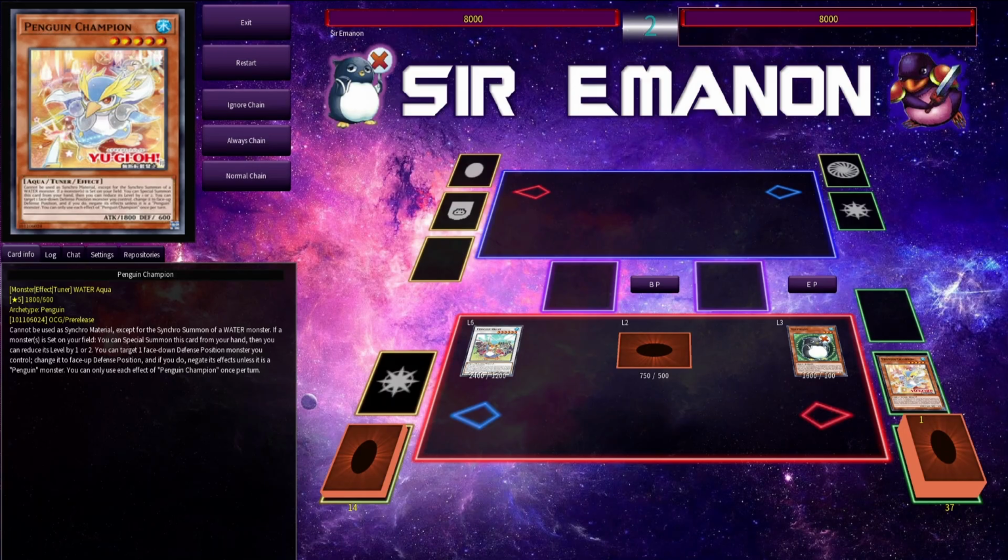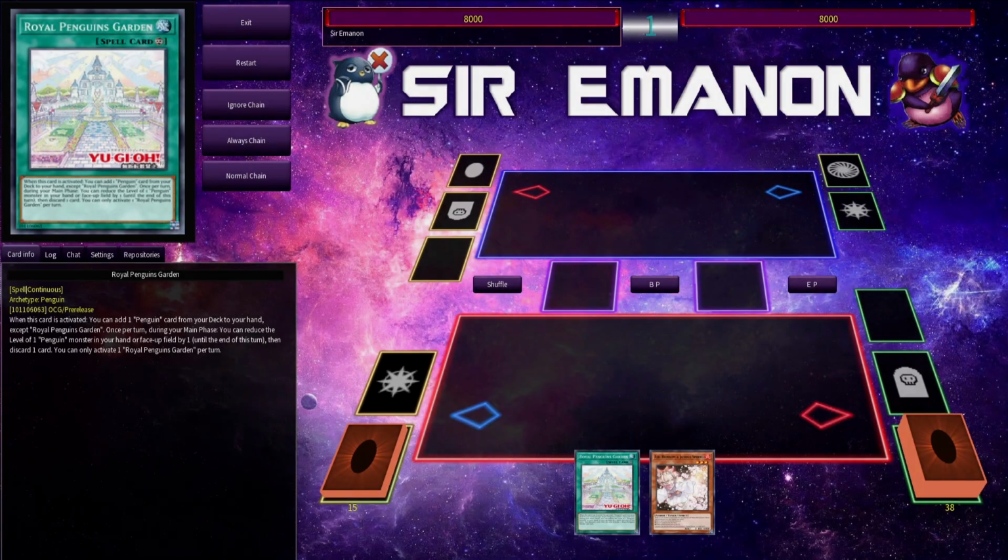So with that being said, let's go ahead and move on to the next combo, which will kind of showcase some more different options. Alright everyone, so for the second set of combos, this is going to be focusing on Royal Penguin's Garden, the very new Searcher, which is a super powerful card because it does help alleviate one of the biggest flaws of the deck previously,